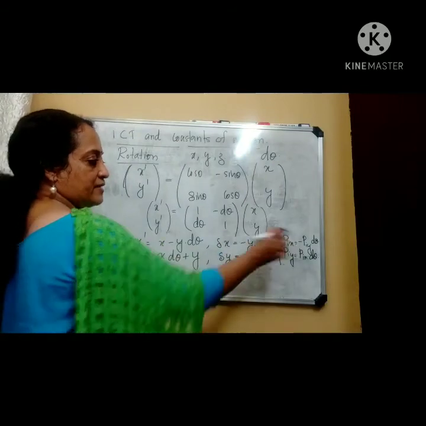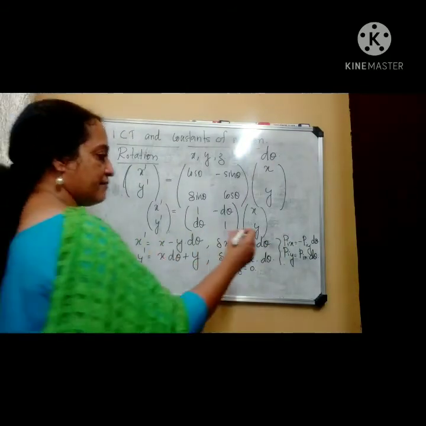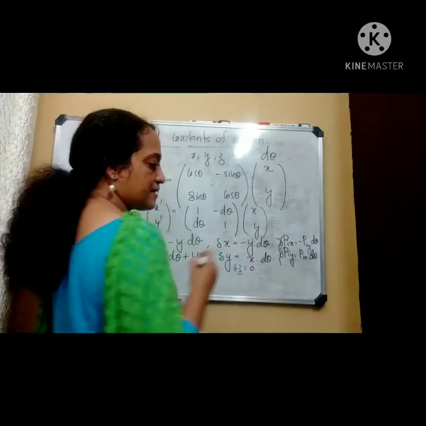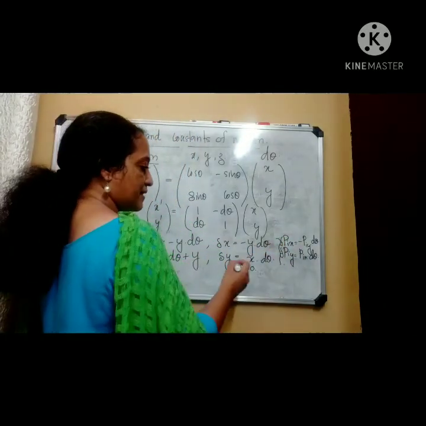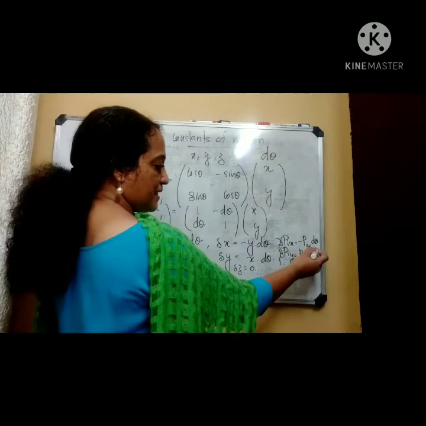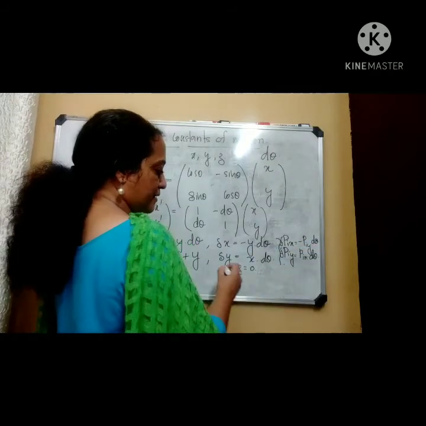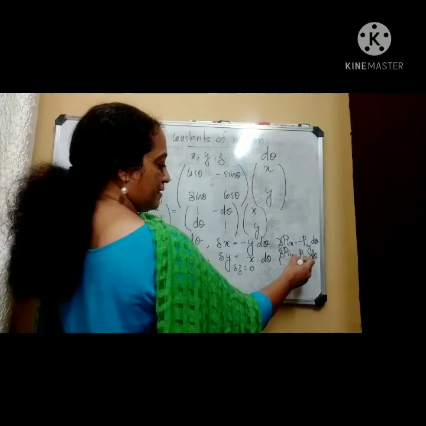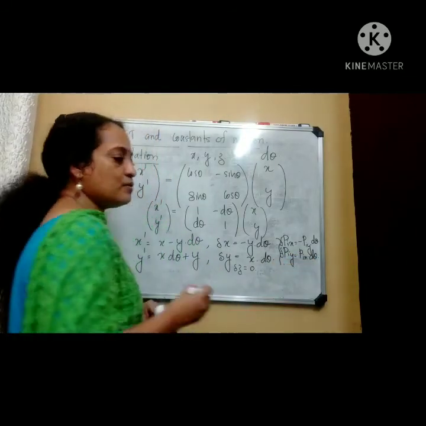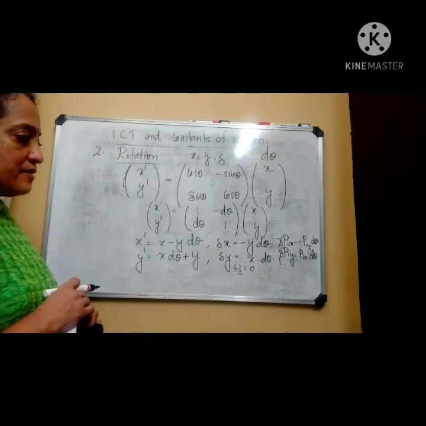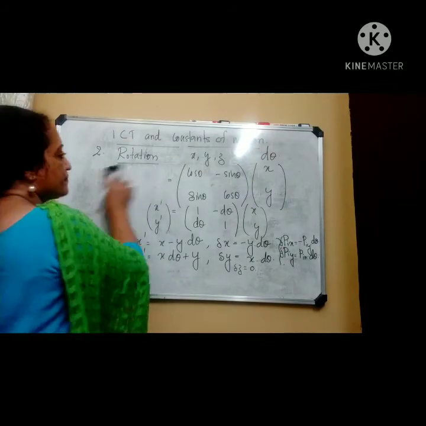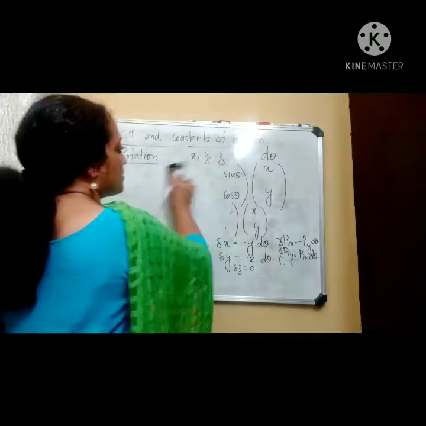Similar to this, we have written the delta values, here delta pix and delta piy. Delta pix is equal to minus piy into d theta, and delta piy is equal to pix into d theta. These are the changes in the momentum coordinate. Now from the general expression,